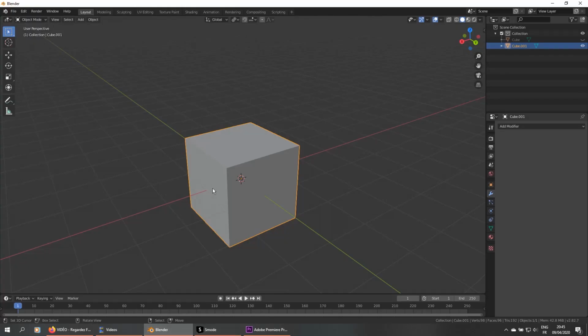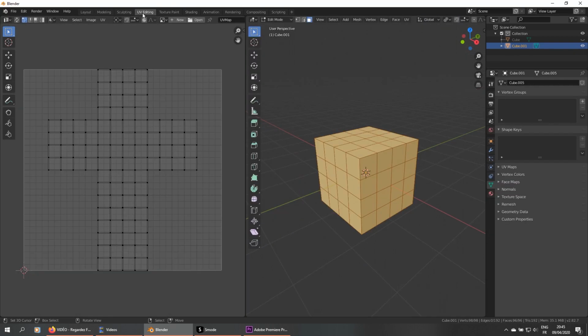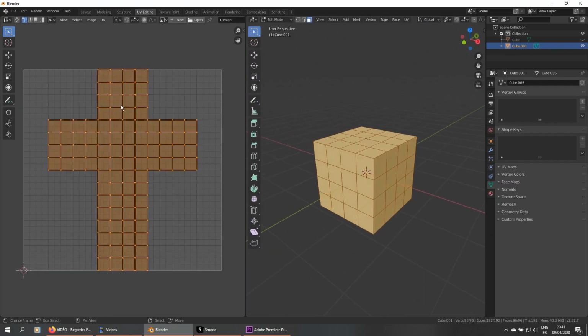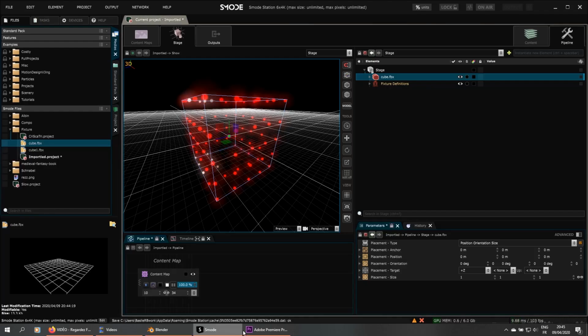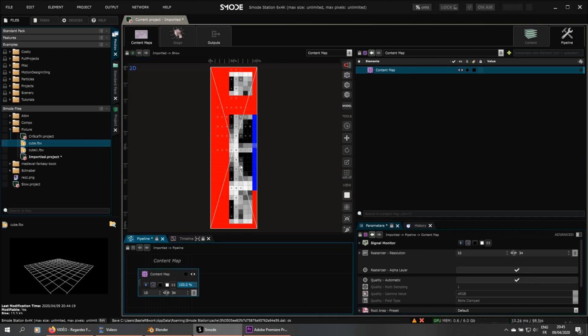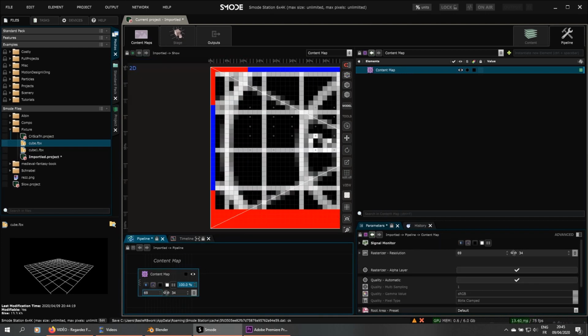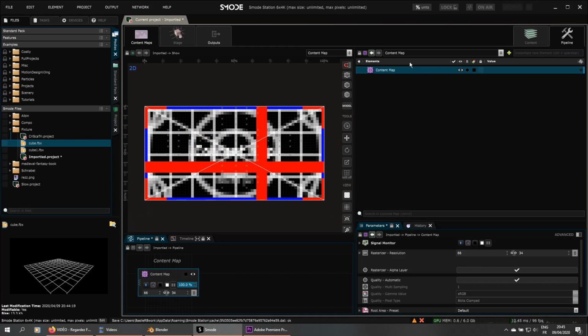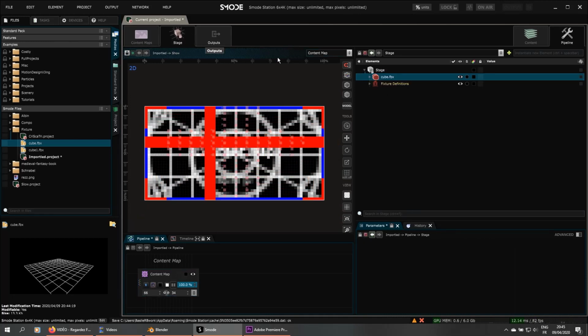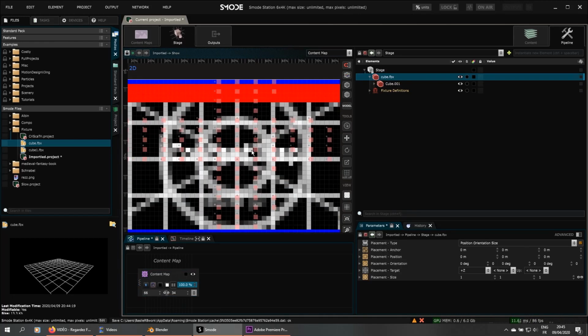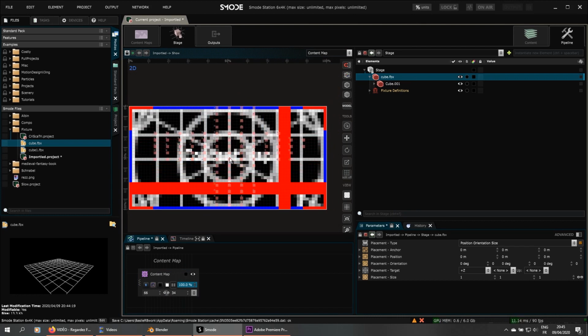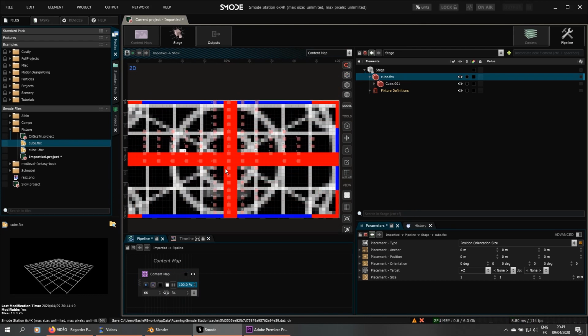As we can see in Blender, if we switch to UV editing, we can see each vertex has its own UV, and the software can use this UV to map the pixel, as we can see here. So if I select it, we see that the UV is taken into account.